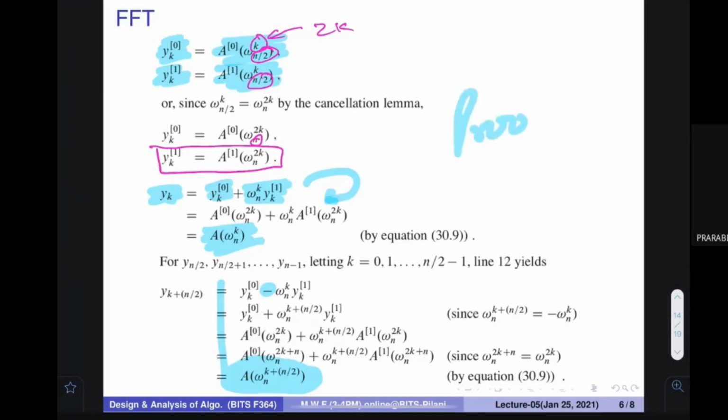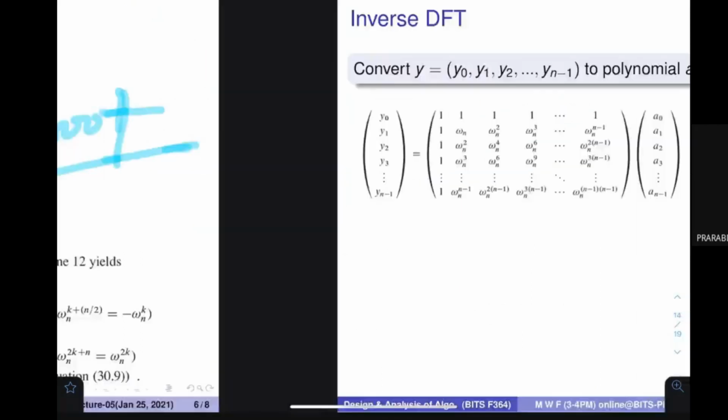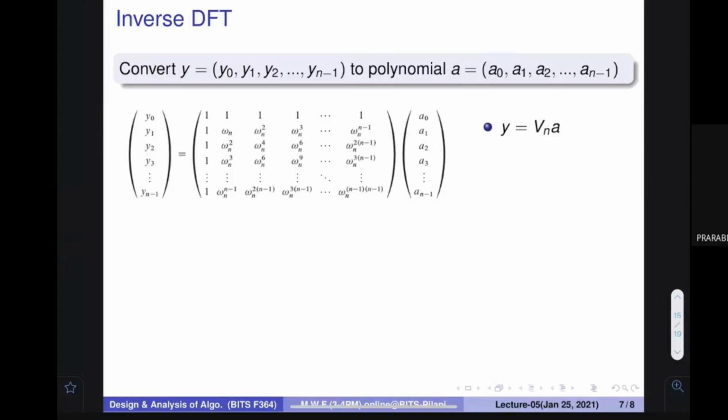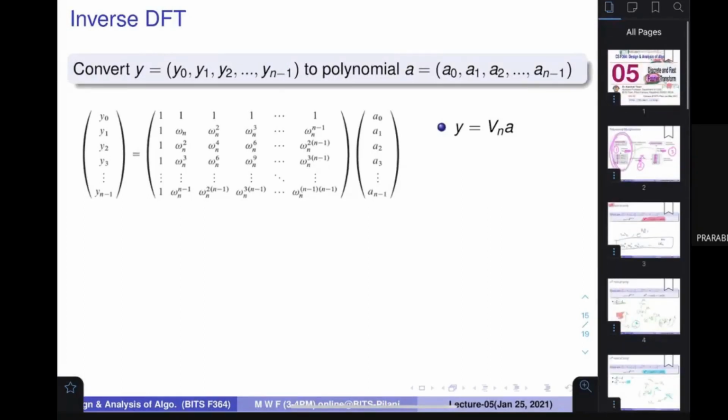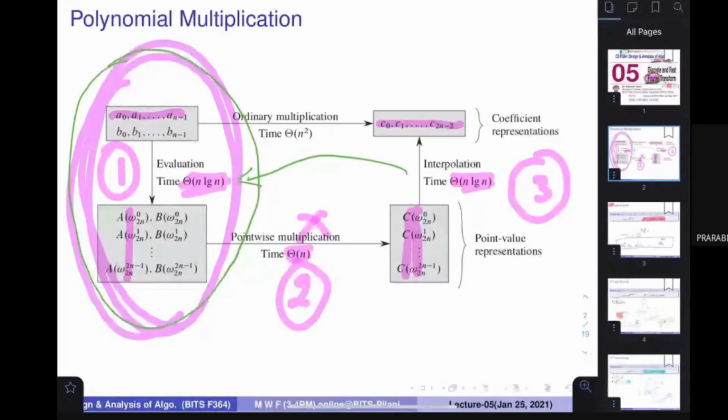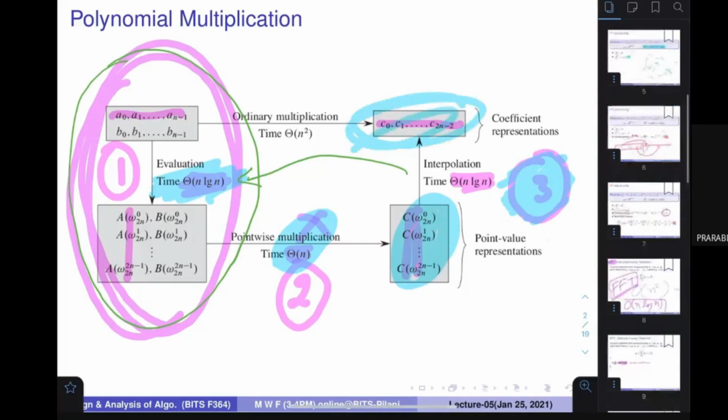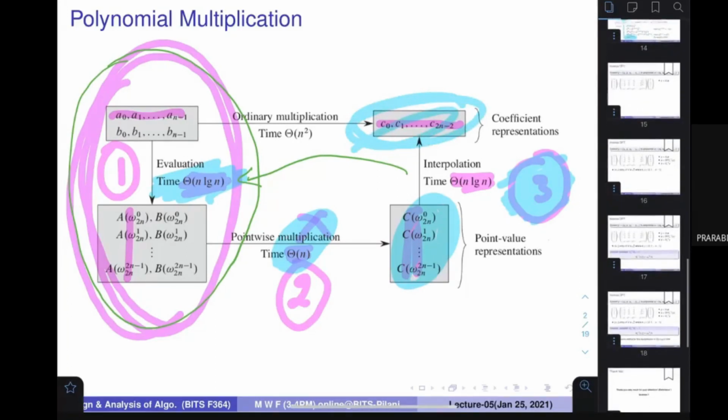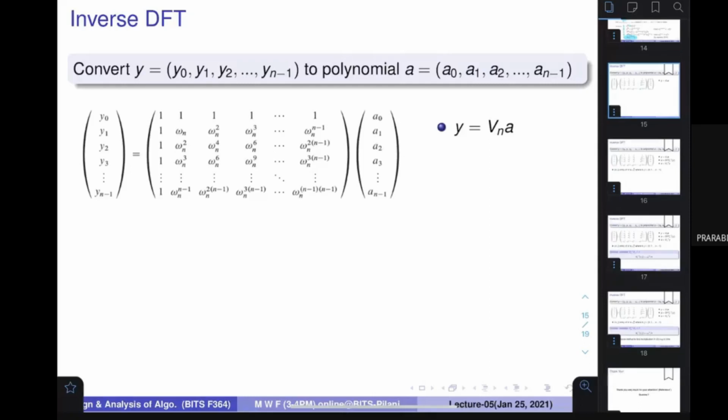I suggest that you go and visit this page once again. Try to be familiar with it. Now this is the third part that we are going to come to, and we have just talked about how to do this evaluation in order of n log n time. Multiplication we need not discuss because we can multiply two things immediately if we want to. Now the third part comes, how to find the reverse, meaning these values are given to me and I want to find out the coefficients. So it is again a similar kind of problem, that when the y's are given to me, I want to find out the values of a.